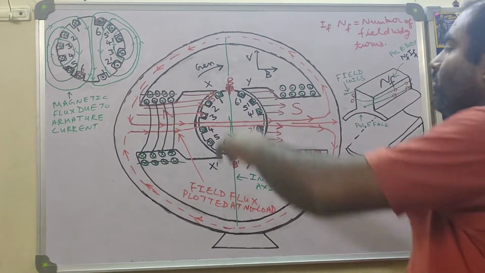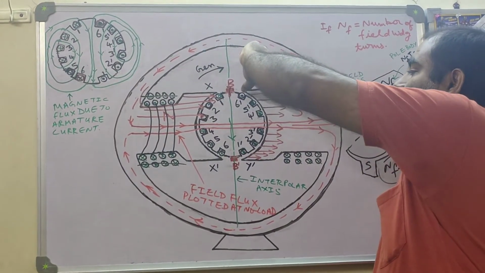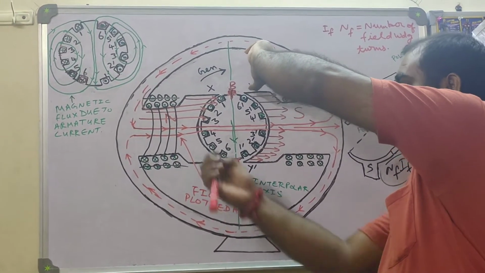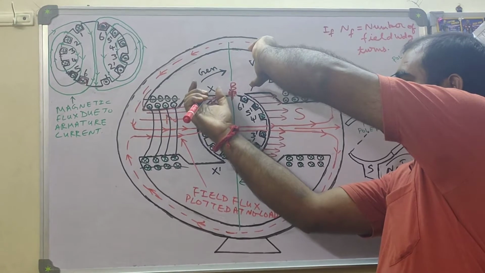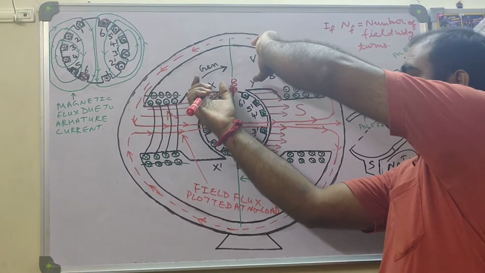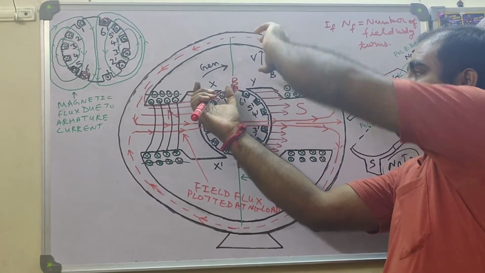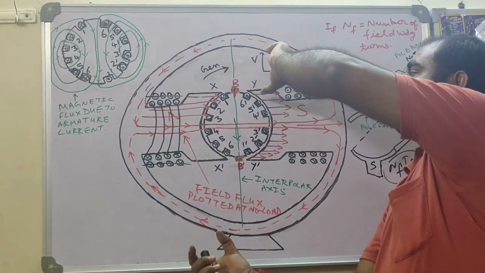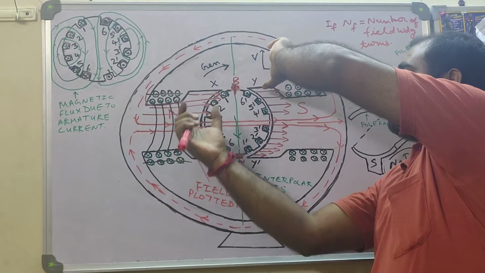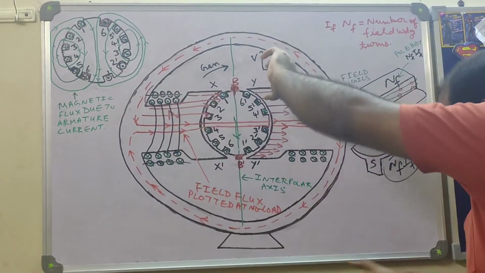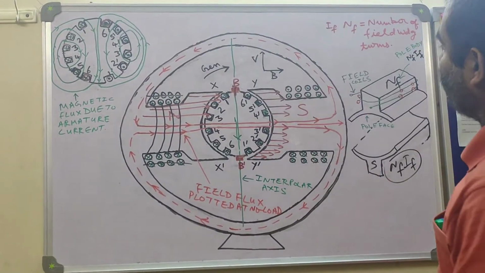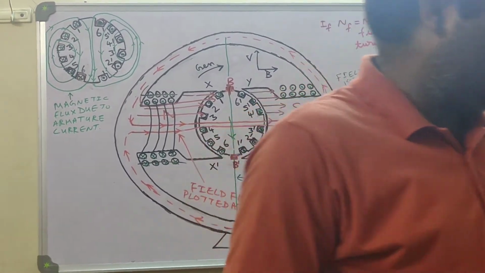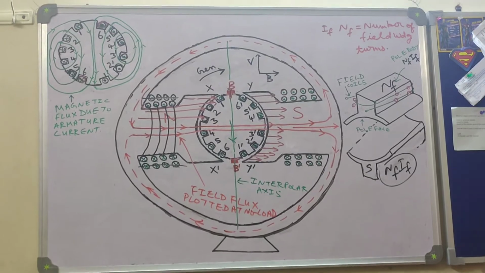Let's say I am holding this pole tip Y, which is the leading pole tip, with my left hand, and I am holding pole tip X, which is the trailing pole tip, with my right hand. So the left hand is here only, and the right hand is moving from this point to this point. So I take a developed view. Okay, let's draw the developed view, and then we will proceed to the next explanation.